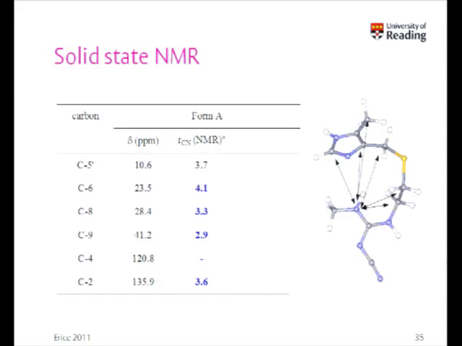It's also possible to get information from other techniques. This is an example of cimetidine, probably the second most studied material after carbamazepine in terms of powder diffraction, where a colleague of ours, David Middleton, had collected some solid-state NMR on a specially labelled version of cimetidine and worked out some intermolecular distances.